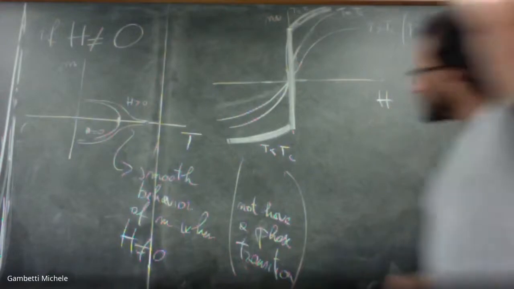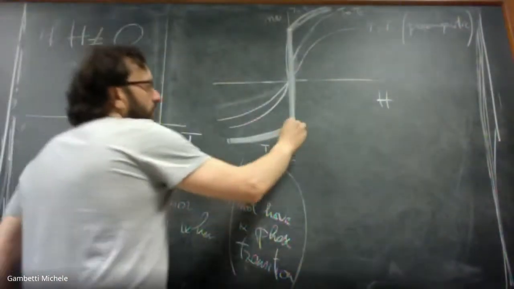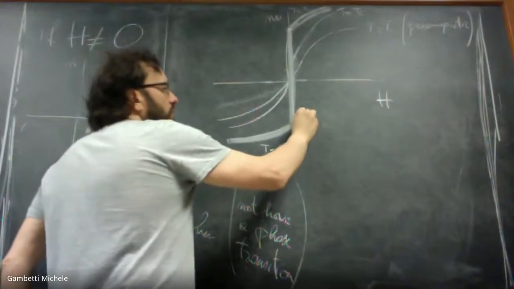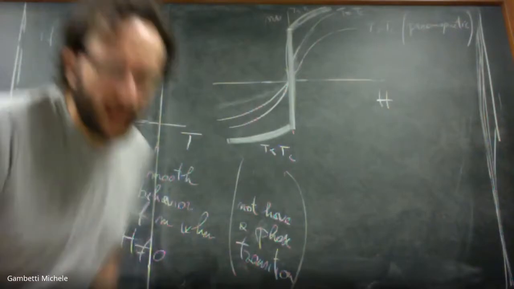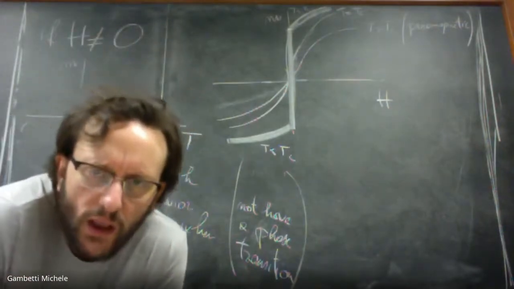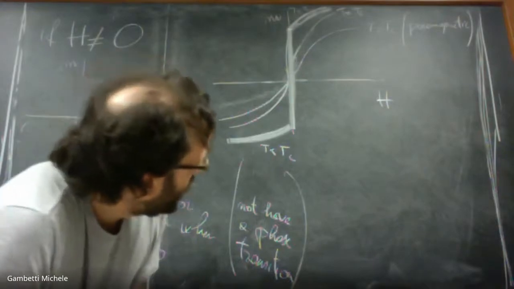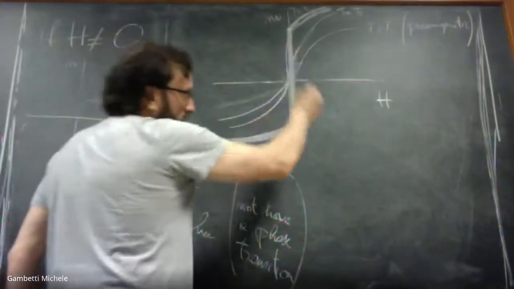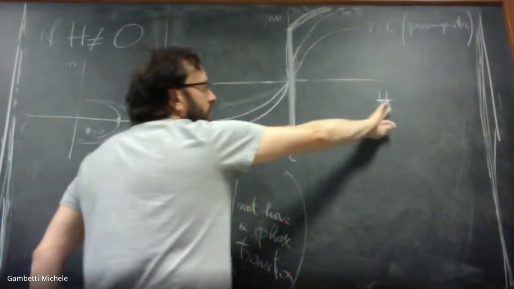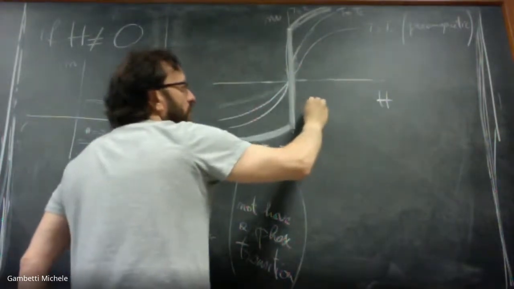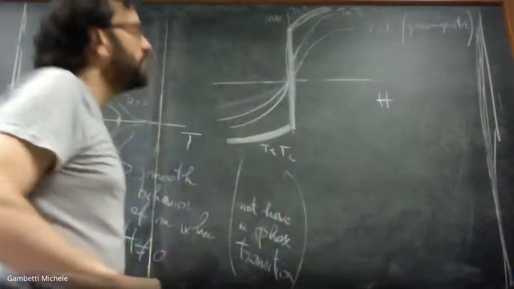Now, of course, there are many things that one can say about this plot. If I continue this, I will have what is called hysteresis. Have you seen hysteresis somewhere, maybe, right? Which is somehow the metastable branch of this plot, in the sense that actually, if I increase H, I will have a behavior like this, so that the magnetization will still be